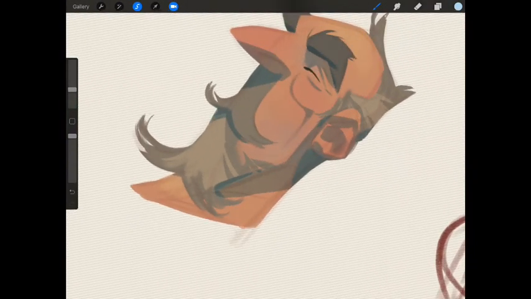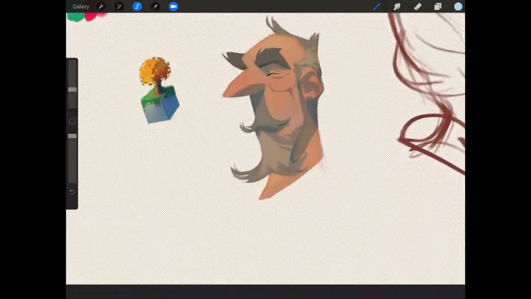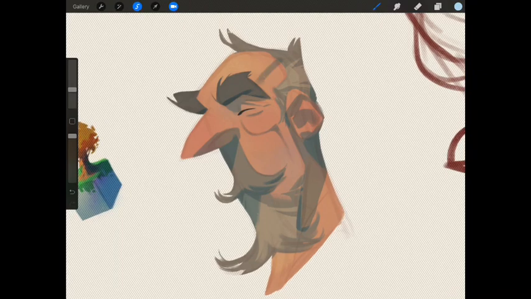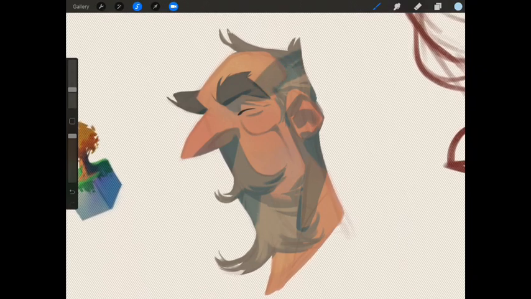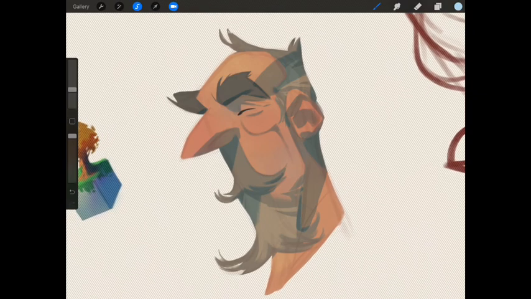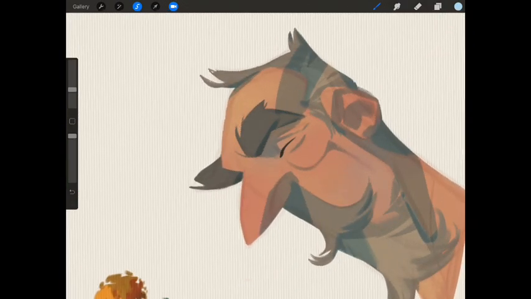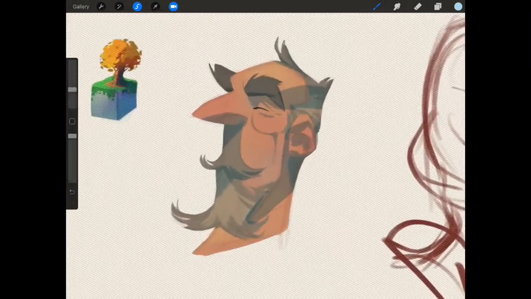Because a big part of managing color in a piece, and in art in general, is making sure it all relates. If colors have nothing to do with each other, if the shadow on the beard doesn't really look like it's cast from the same light as the shadow on the nose, that's when things start to break apart and look really inconsistent. So I'm thinking about light direction, but also sculpting the shape of his face, and generally speaking,